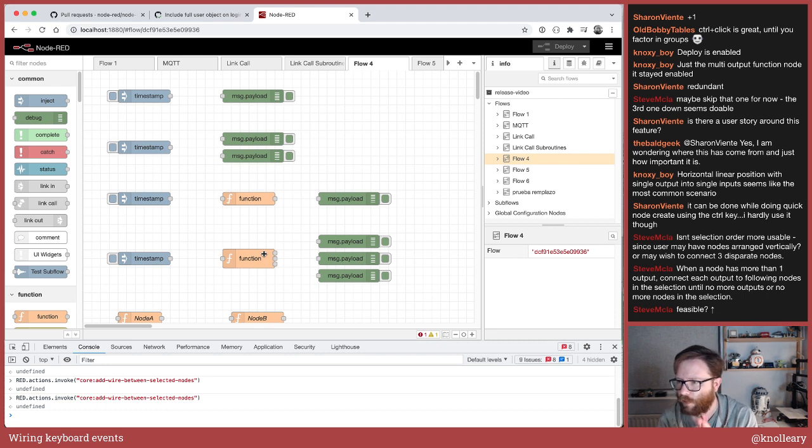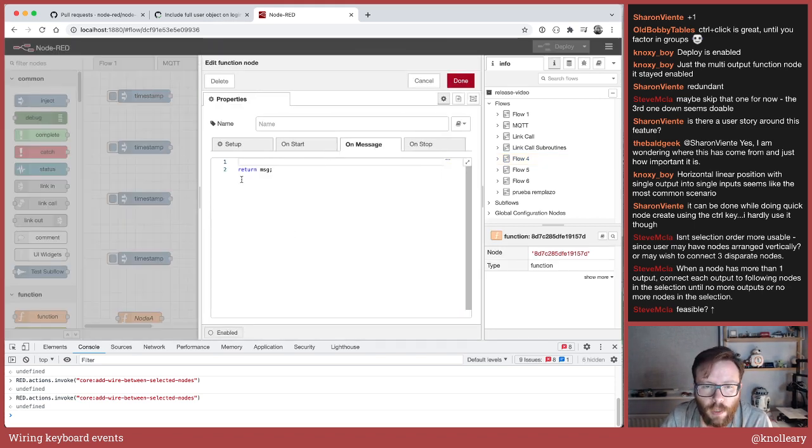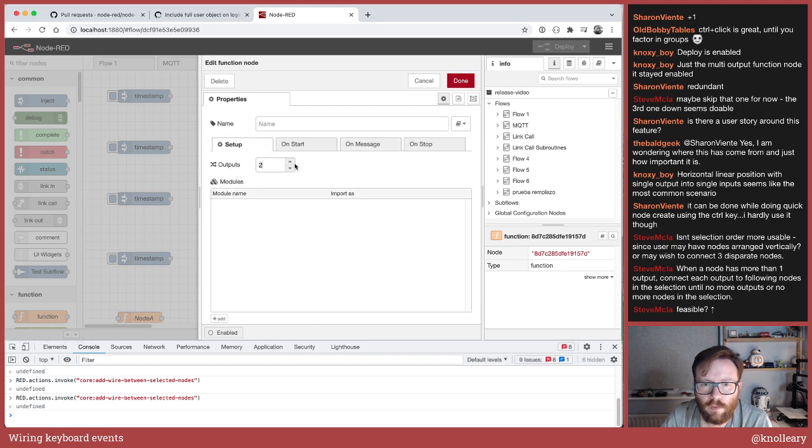So Steve suggests in the chat, when a node has more than one output, connect each output to the following nodes in the selection until no more outputs or no more nodes in the selection. Well, that is a valid way of approaching it. My hesitancy is whether,